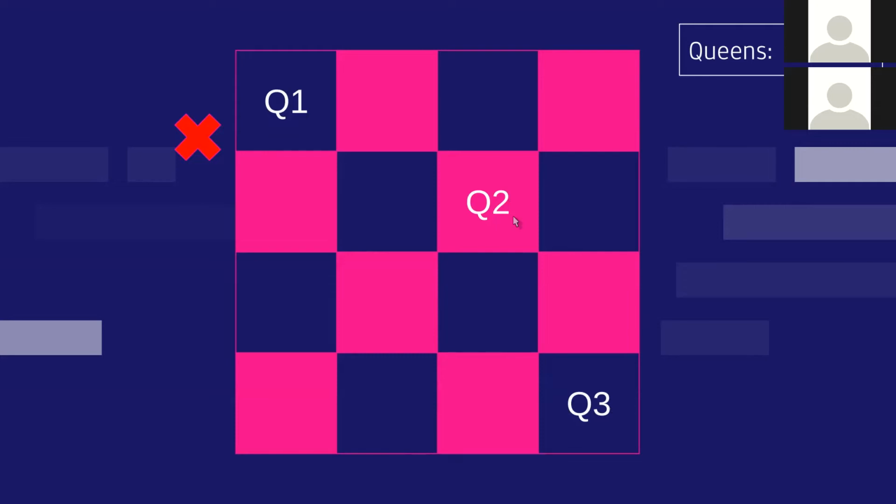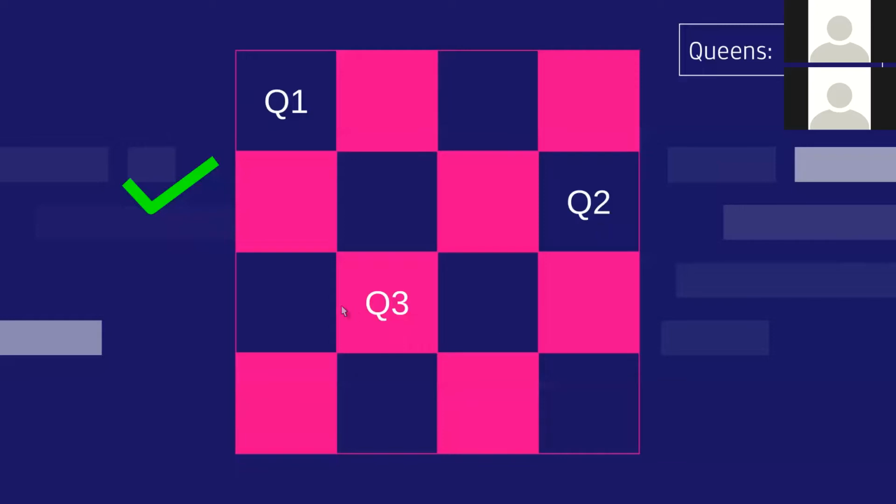Now what do we do? We remove Q3 and we shift Q2, because Q3 tried every possible cell, but it could not place 4 queens. So that means the problem is with Q2. So we'll go to Q2 now. We'll shift Q2. And now we shifted Q2 and the number of successfully placed queens is 2. So right now we have 2 queens. Now what we do again is the same procedure. We successfully place 2 queens. We try to place the third queen.